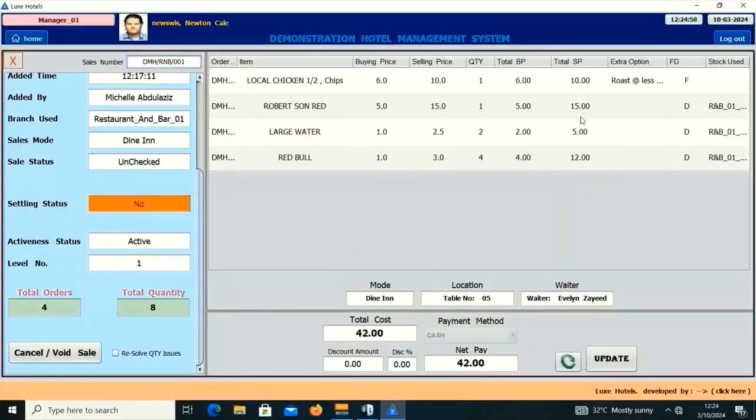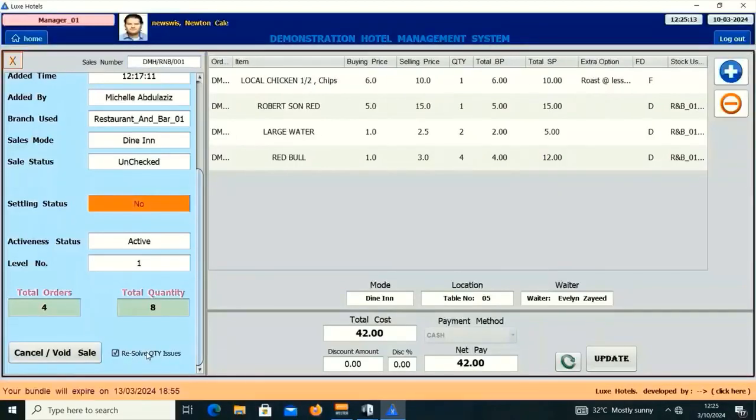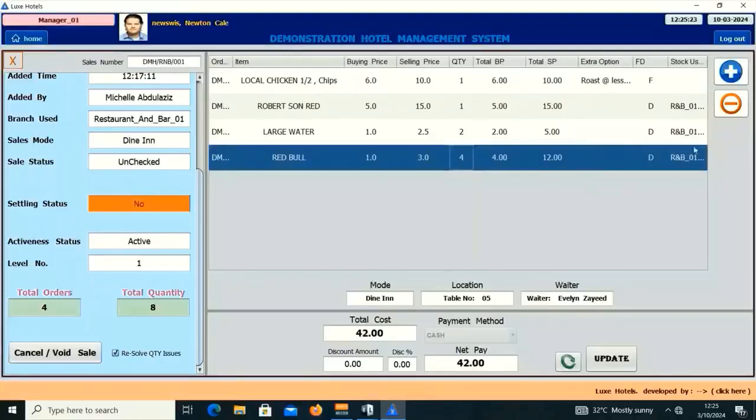If the quantity was posted incorrectly by the restaurant and bar attendants, the manager can come right here and resolve the quantity issues. As you can see here, the quantity is 4. You may reduce it to 3 or 2 or whatever the number, but he can't